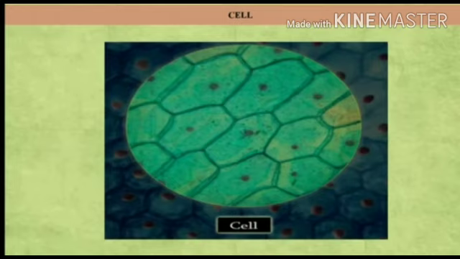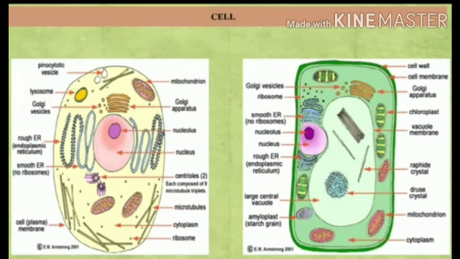So we need a microscope for observation of a cell. Without a microscope, we are unable to see any type of cell. So we can say that every living thing is made up of cells. See in this diagram, the left figure shows the animal cell and the right figure shows the plant cell. The cell is made up of very different components, and these components we call organelles of the cell. Let's see them one by one.